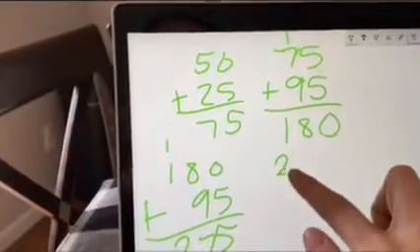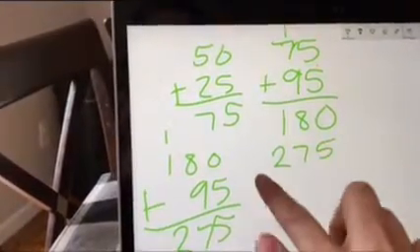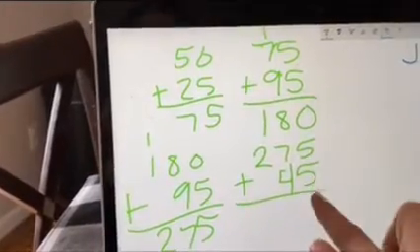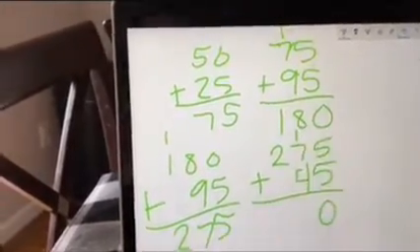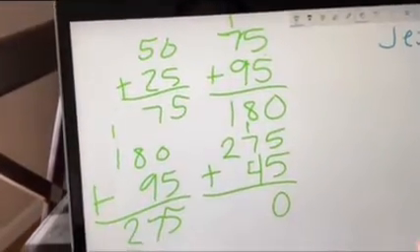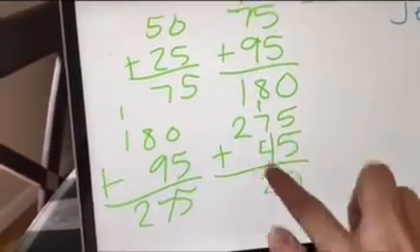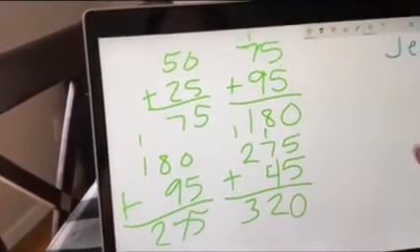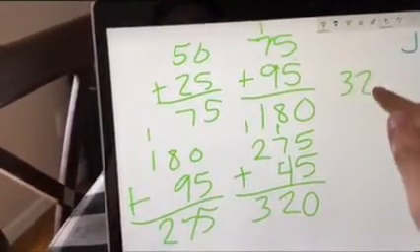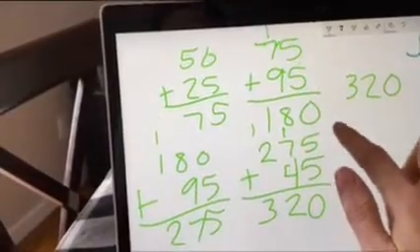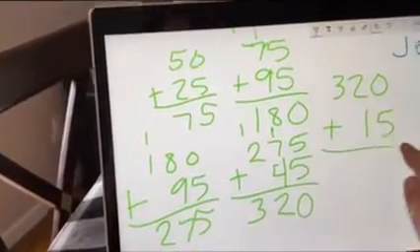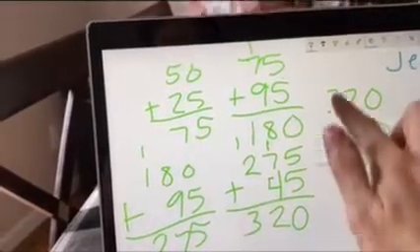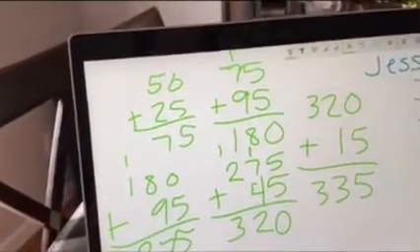Now we're going to do 275 plus 45. 0 and 5 is 10. Carry my 1 right next door. 7 plus 4 is 11. 1 more is 12. 1 and 2 is 3. Now we're going to do 320 plus 15. 0 plus 5 is 5. 2 plus 1 is 3. And then bring down that 3. And then we're going to do